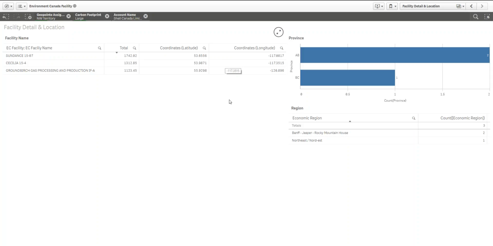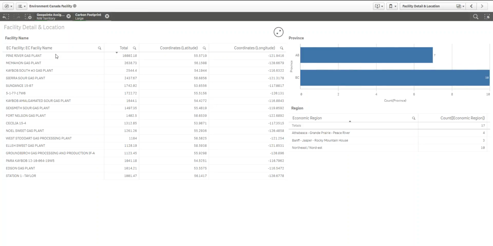Eventually we're going to supplement it with LSD information, but I could put this into any one of the mapping apps that I want and then see exactly where this location is. So what I've done is identified Northwest Territory. I wanted to look at large, and I specifically wanted to look at Shell Canada. Anytime I want to change this view, I could take Shell Canada off, and then here's a list of all the large facilities